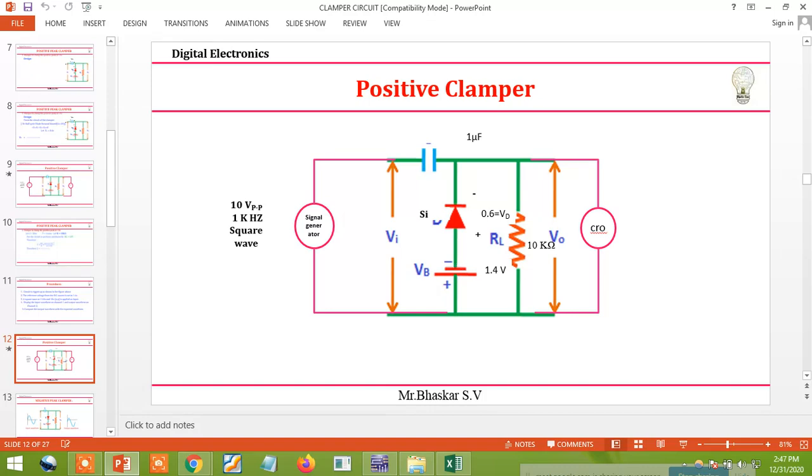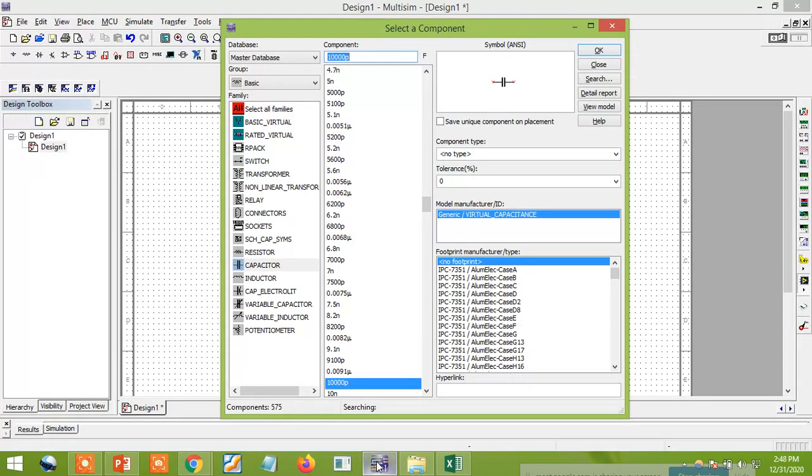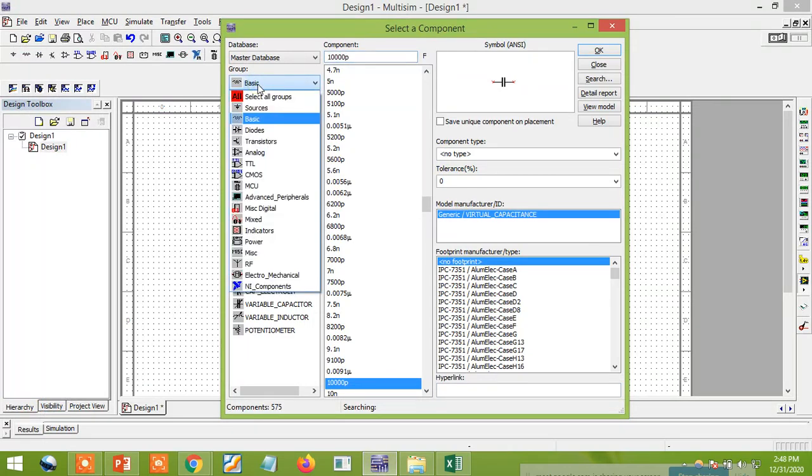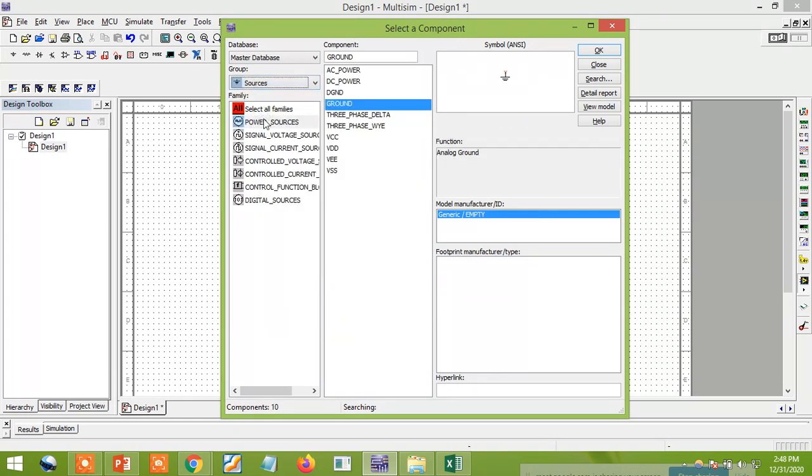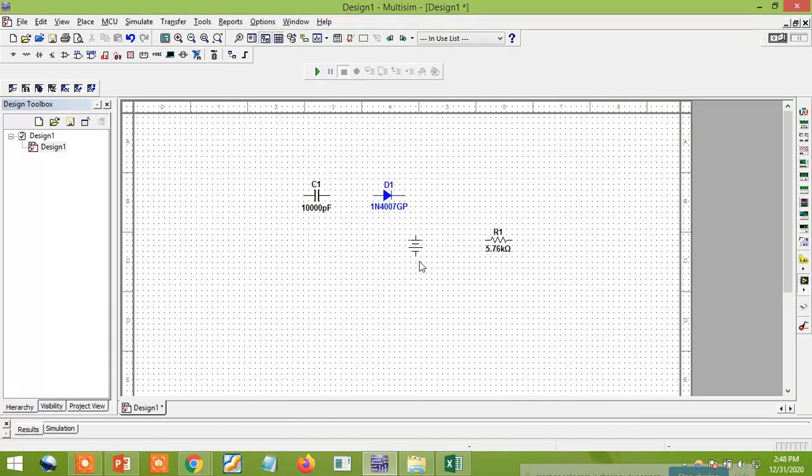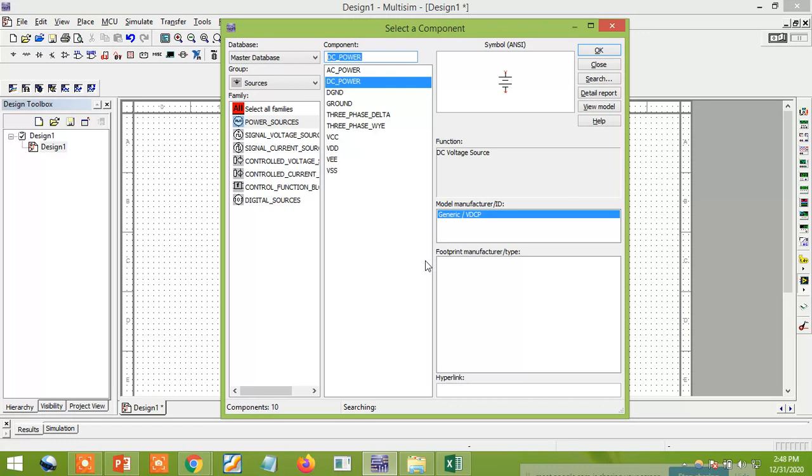In order to get it, I'll go to sources. Under sources, I'm going to take a DC power source. Just give OK, and it is placed there. You want the ground connection also. Here only you have the ground connection. Just take it, give OK, and you can connect it here. That's all. Then you can do the constructions. So how?